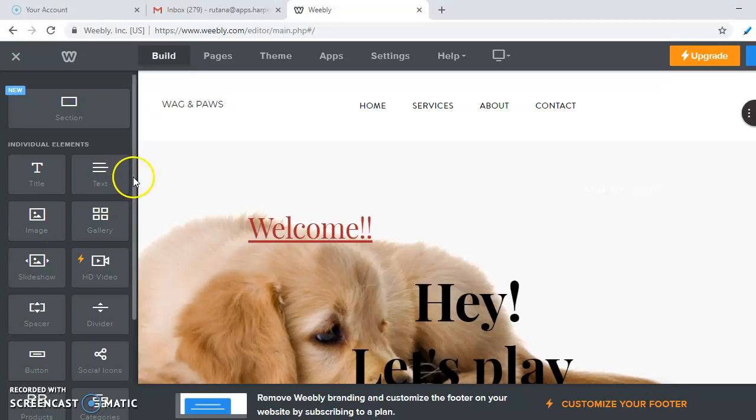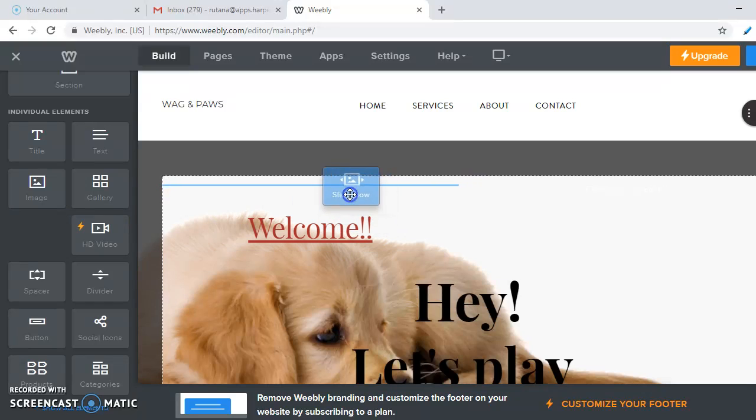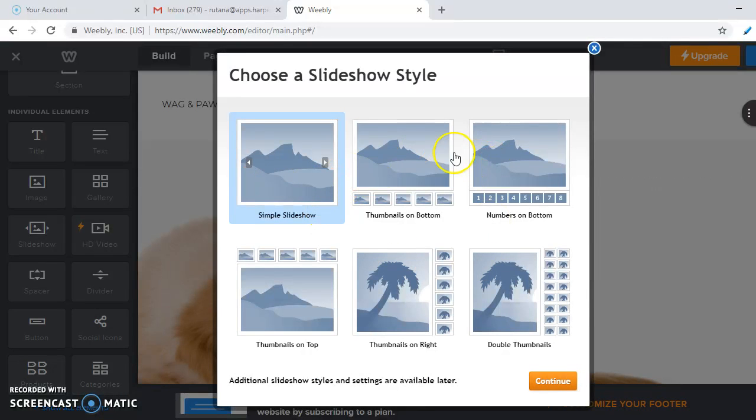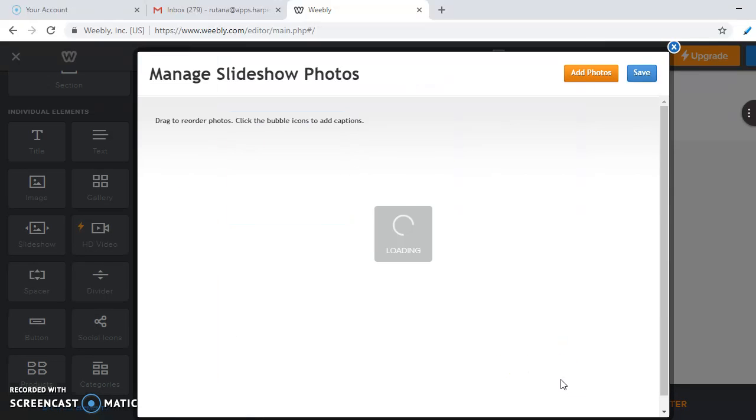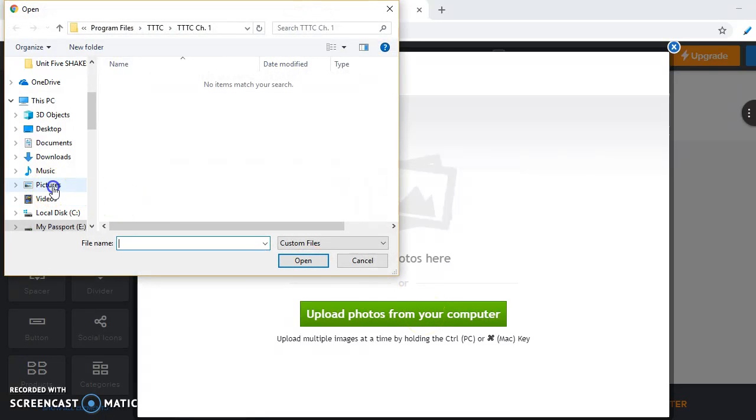Images are helpful because that allows you to put a picture on there. Slideshow, I told you guys, is a favorite. Slideshow allows you to pick what kind of slideshow setup. If you wanted thumbnails, you can continue that. You can upload some photos. And it also allows you to do,